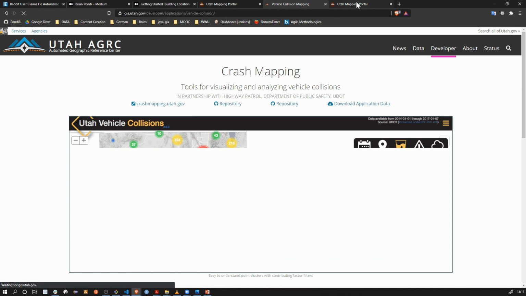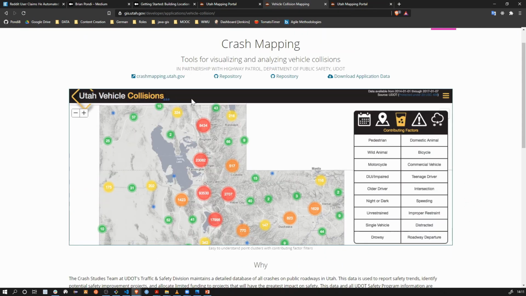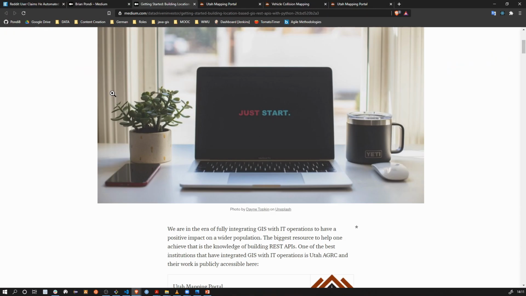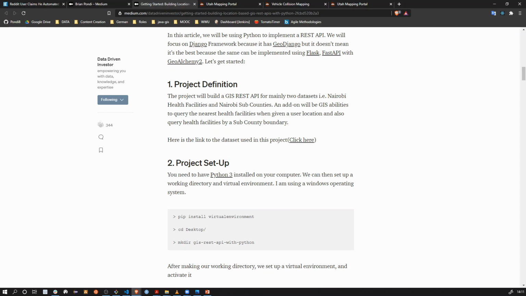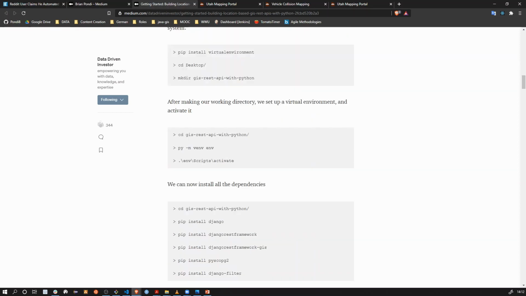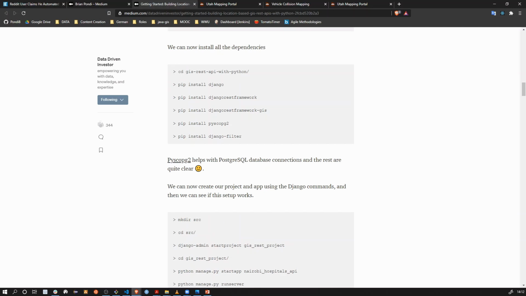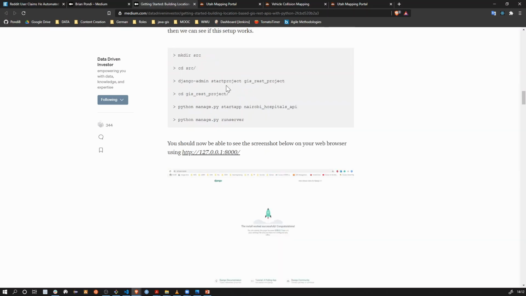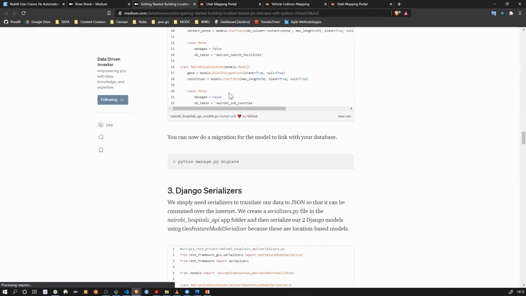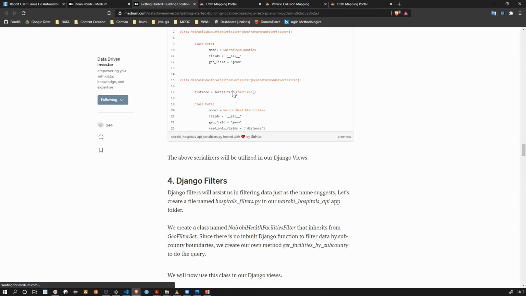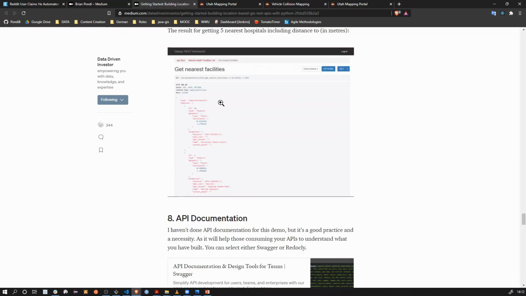To do that, you definitely need knowledge of mostly databases. Then backend, you can start with Django, and Django is pretty straightforward. For example, on this project, I was mapping health facilities and getting the nearest health facilities. We talked about the process. I can advise you to go through it, so that when Hosea presents next time, you can have a quick grasp. Below here, there's all the writing and the usual resources.